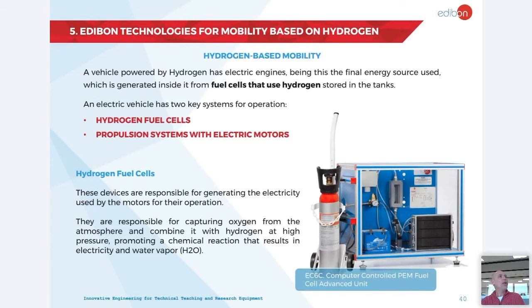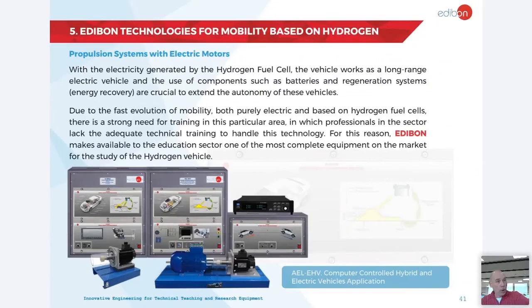stored with hydrogen, we need a propulsion system for moving the car. By receiving this hydrogen, which is stored in these fuel cells, we make the real mobility. In this case, we make it through any physical, chemical, and any kind of process involved in the concept of mobility. You can use this kind of equipment at the end to understand a little more. This is the last step of the complete cycle of clean hydrogen. So it's quite simple, and Edibon has all these teaching units available for understanding